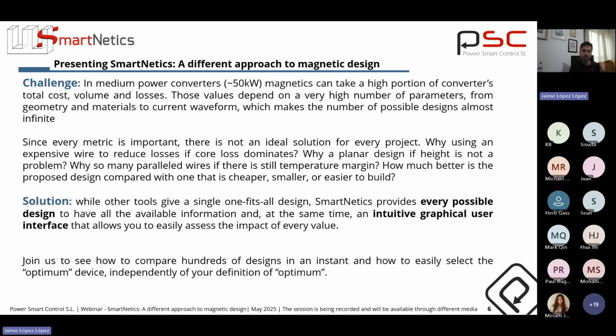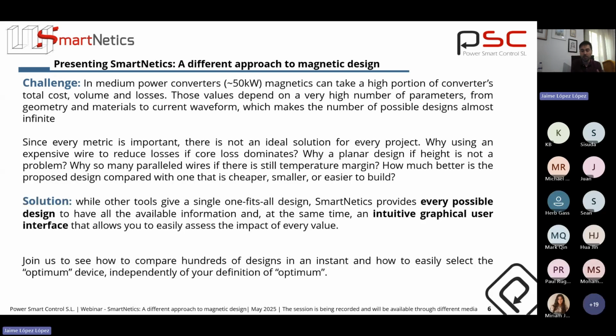So what we did for ourselves and what we now are beginning to sell is our solution to that problem, our approach to that problem, that is not to give a single black box solution, but to provide every possible solution that fits the specifications and the restrictions of every project, and then the user can select the one that really is best suited for that particular project.